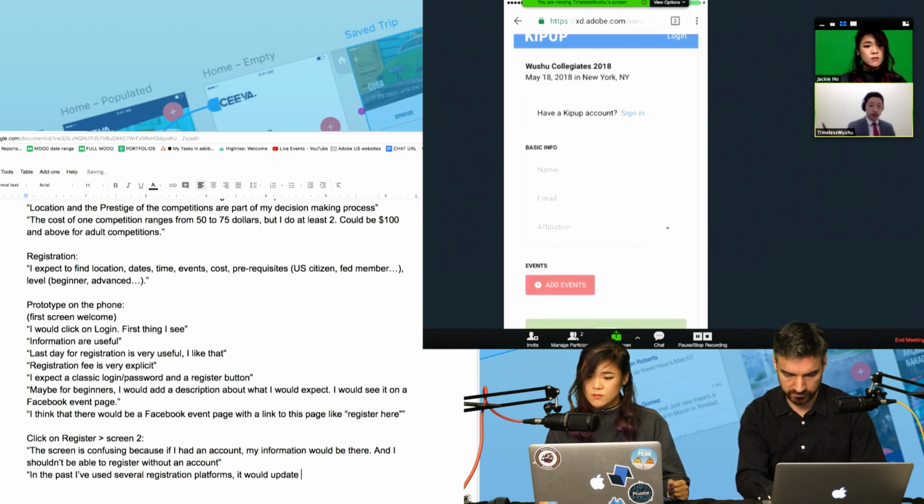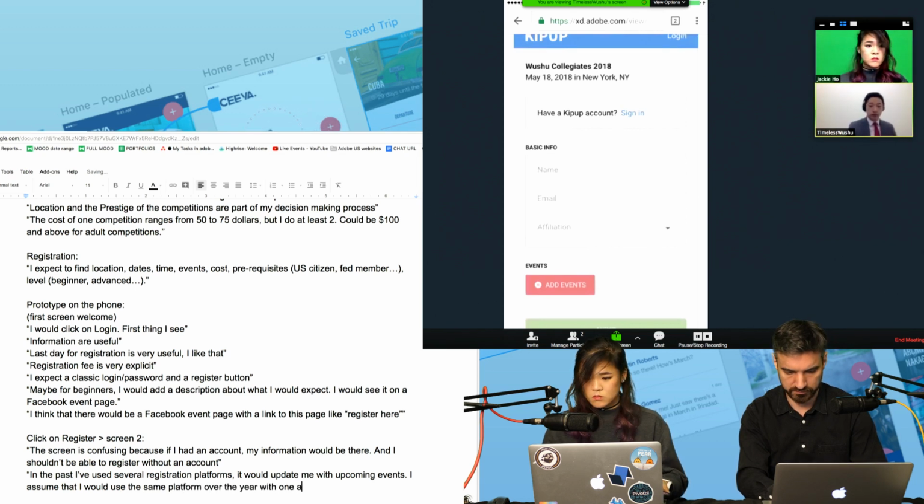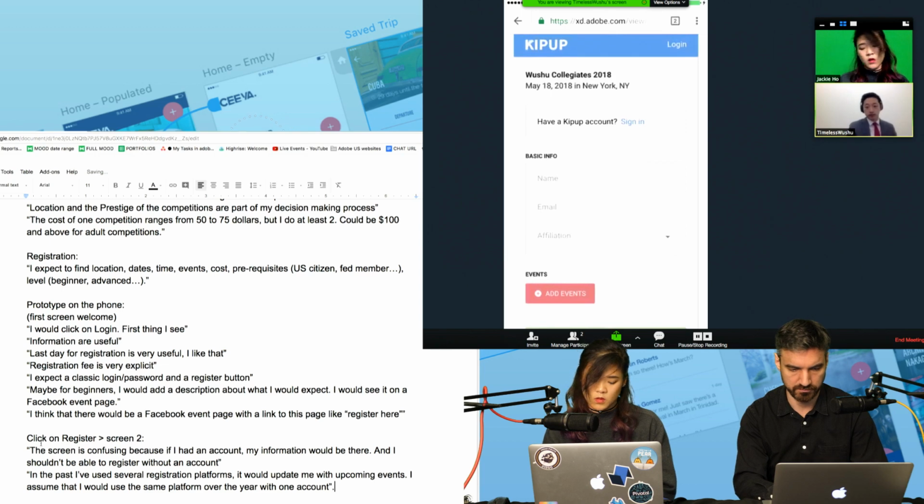It shows that you're a US citizen, that you have a US Wushu Kung Fu Federation account, etc. So I'd assume this Kipup platform would be similar. I would have it for multiple competitions in the years to come and use the same platform, so it would just be an account that holds all my information, so I don't have to type in basic information every time I register.